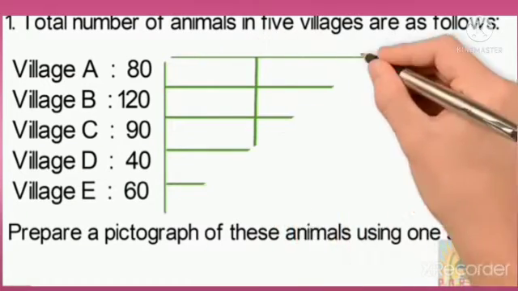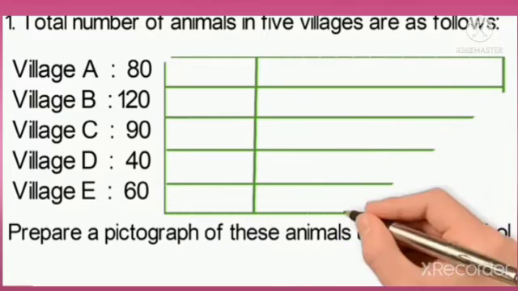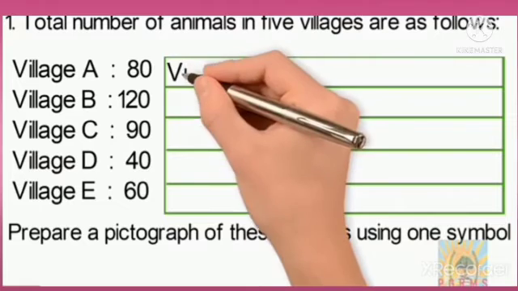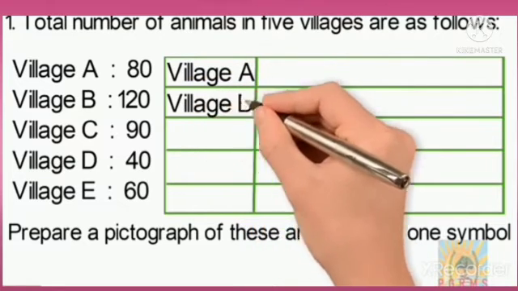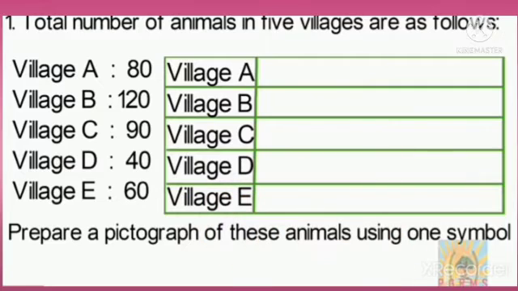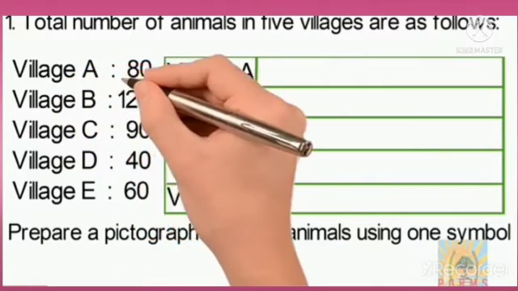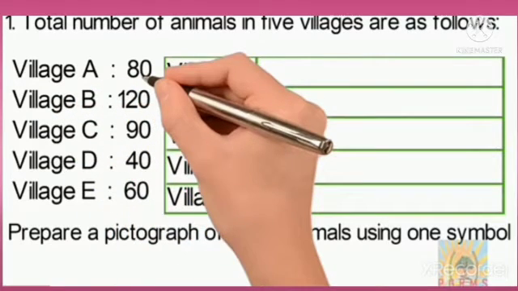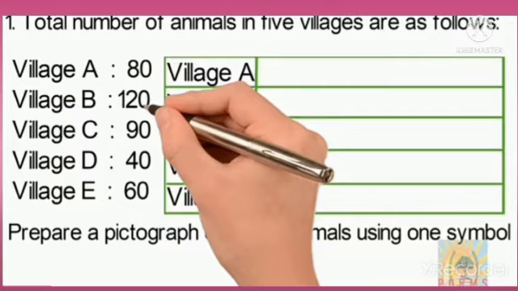So this, students, we will make a table and divide it into two parts. So in the first column we will write the village's name, right? Like village A, village B, village C, village D, and village E. In the second column we have to show the animals using a specific symbol, and village A has 80 animals, village